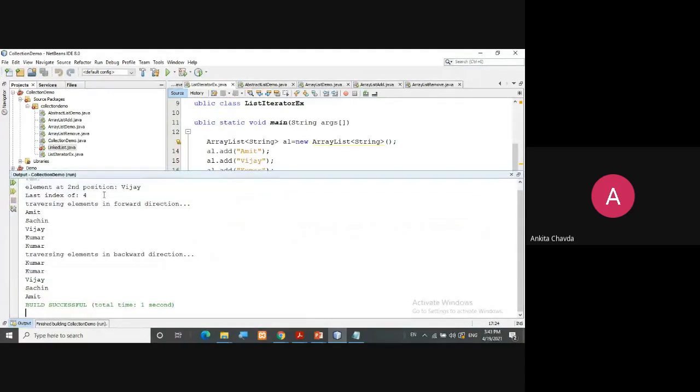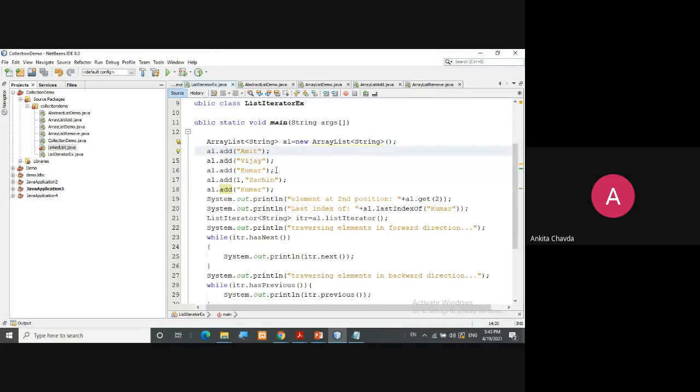So it will return 4 now, because on the third index Kumar was there. This is 0th, this is first, this is second, this is third. And on the fourth index, I'm entering the same element again, that is Kumar.